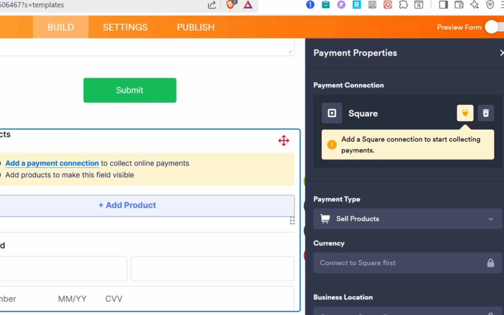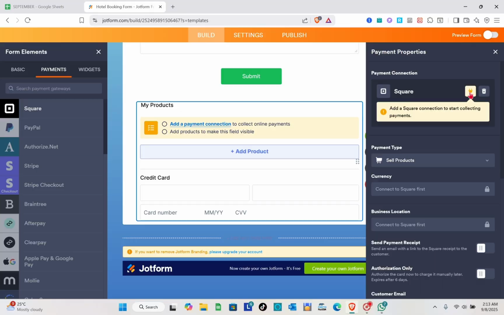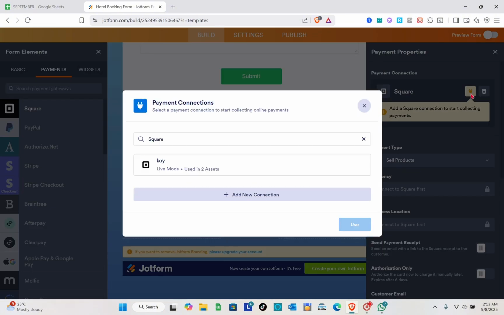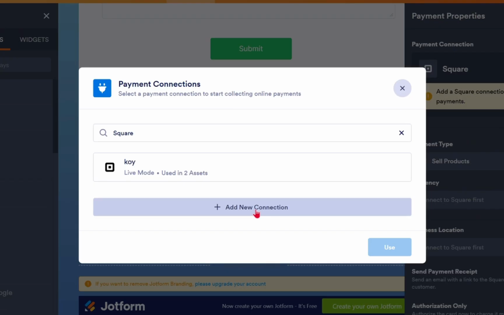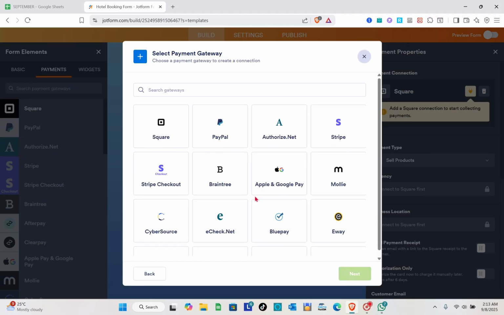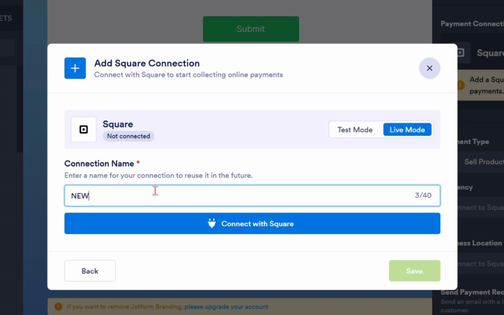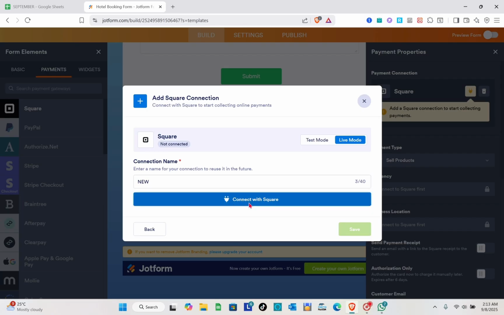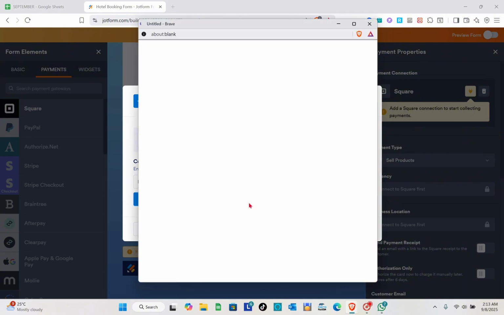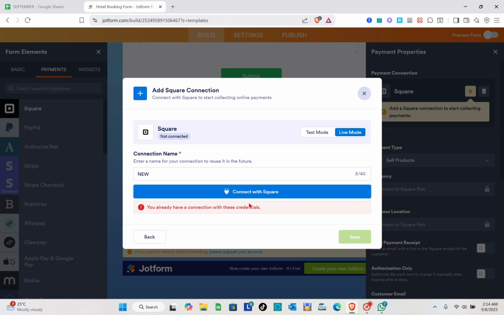Right here, of course, we have to connect our Square account. To do that, you just have to click on this integration icon. And then here we have to add a new connection. Make sure to select the Square and then click on next. Then here just give your new connection a name. For example, I'm just going to name this one as new and then click on connect with Square. Just wait for a couple of seconds and then